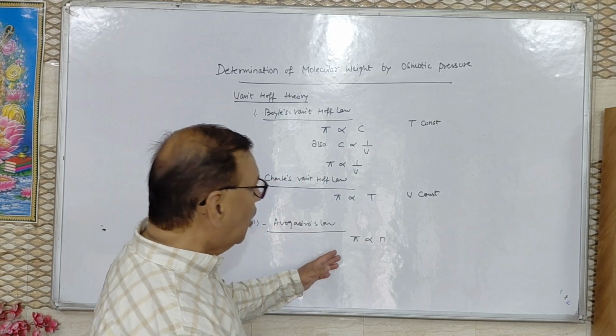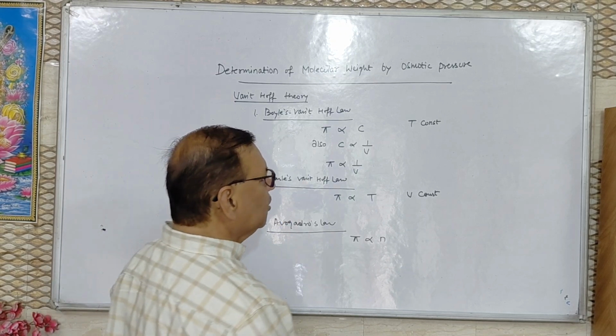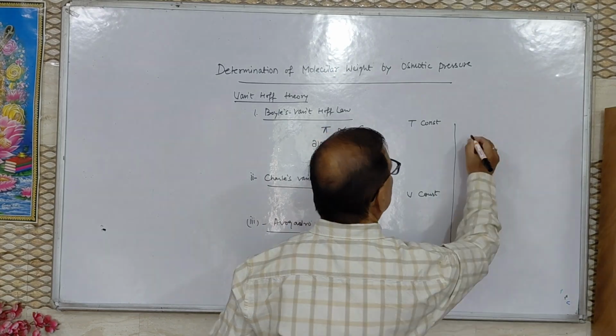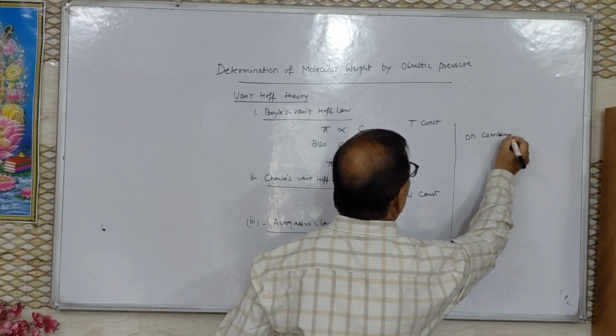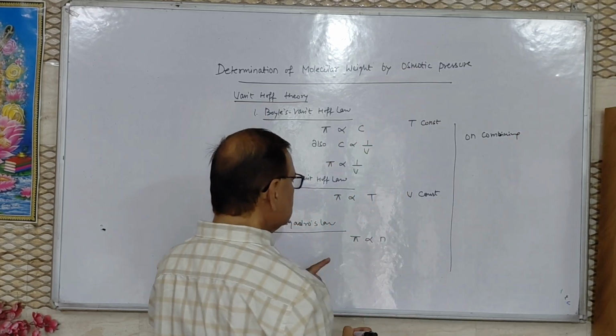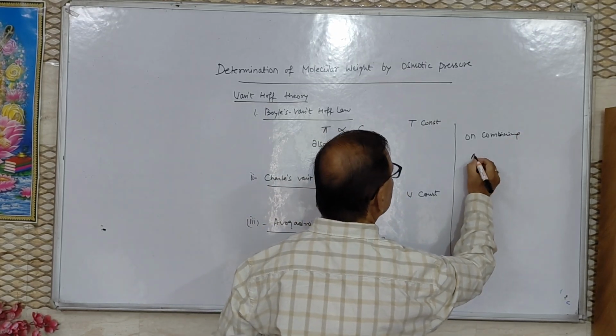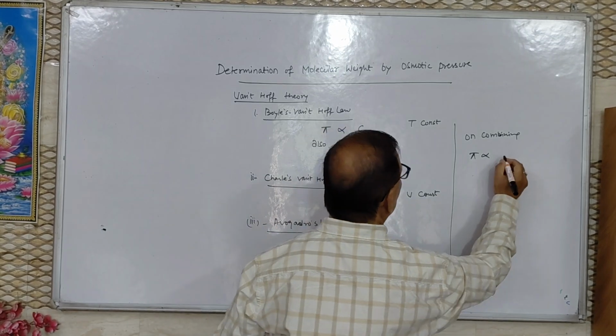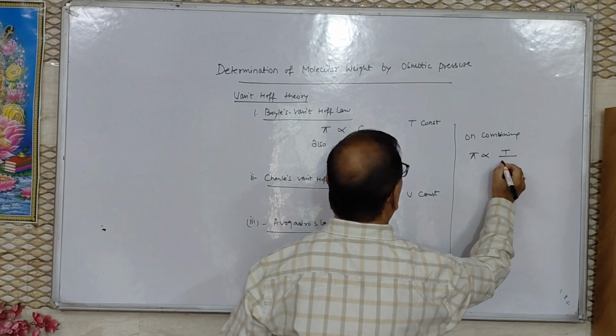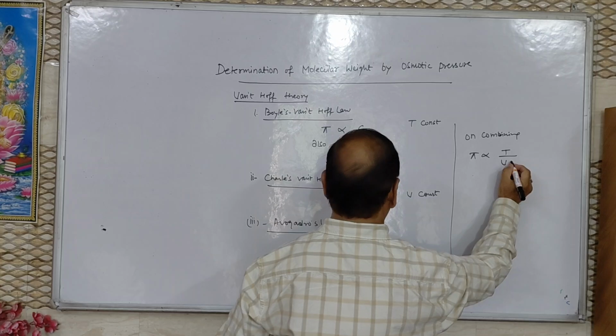Now, on combining these three laws, we will get osmotic pressure is directly proportional to T over V into N,